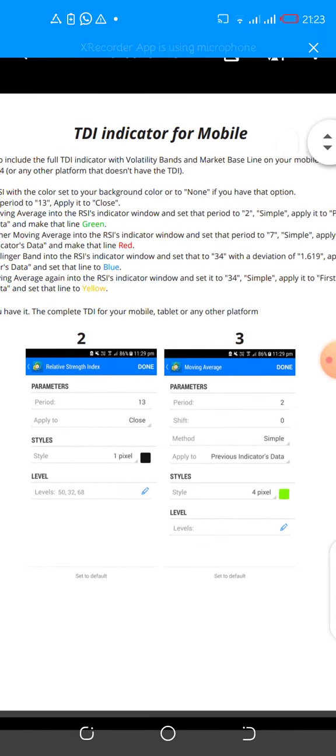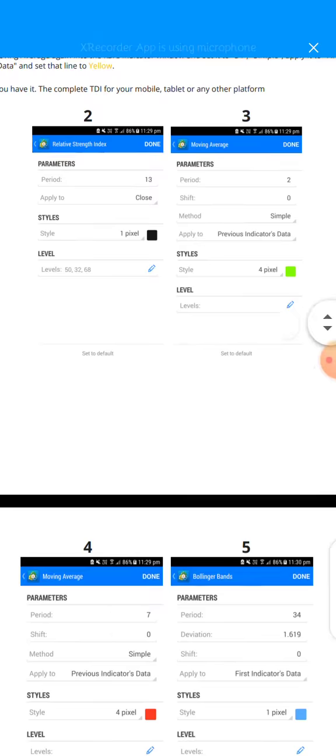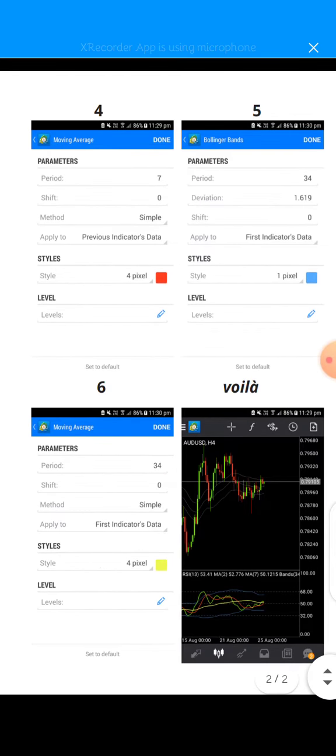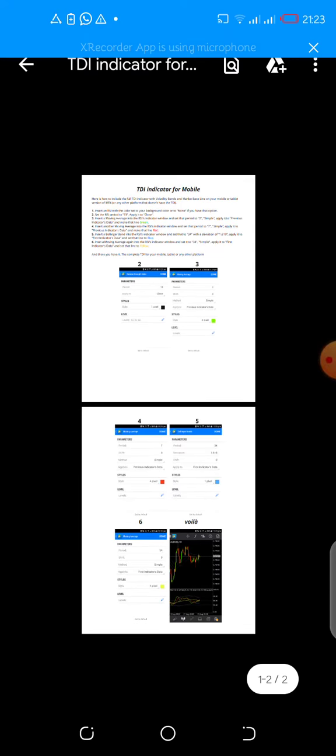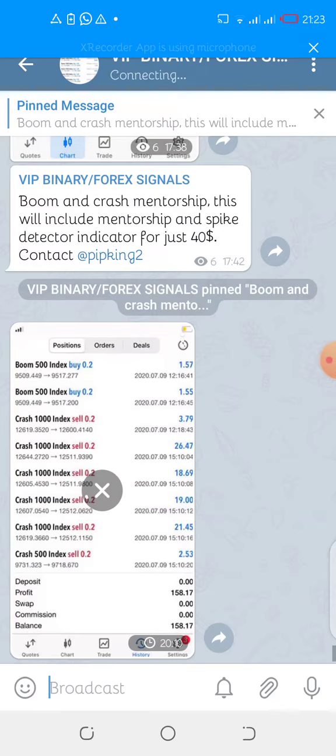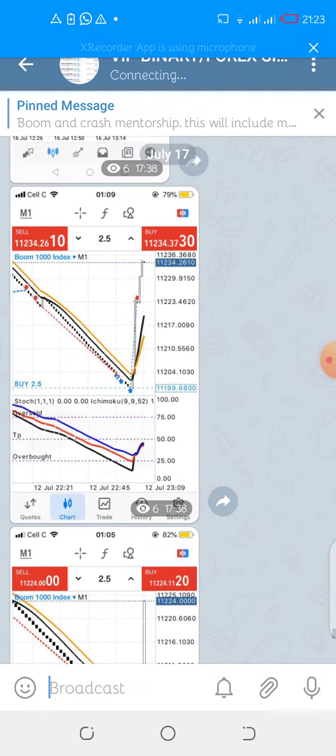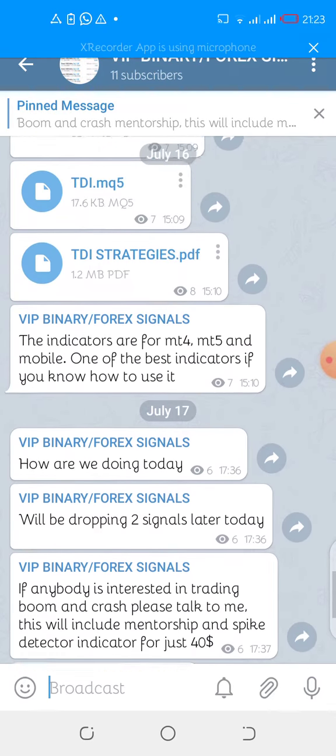This TDI indicator for mobile will show you the instructions of how to install a TDI on your phone, and at the end you see the result there. So that is it for the mobile. And then the third one